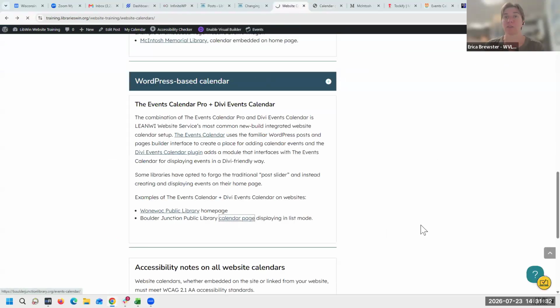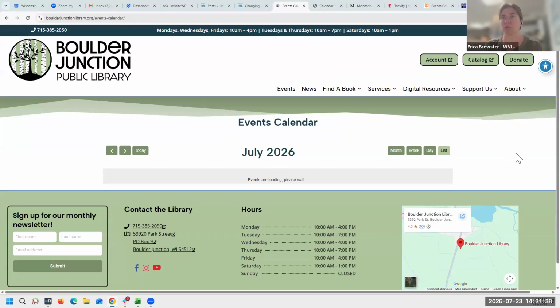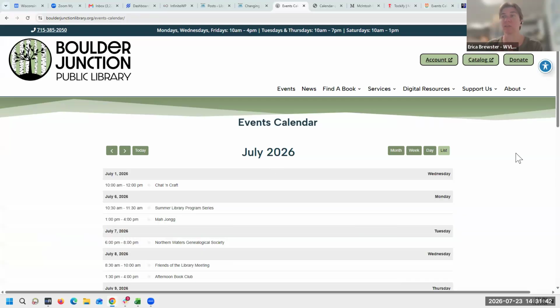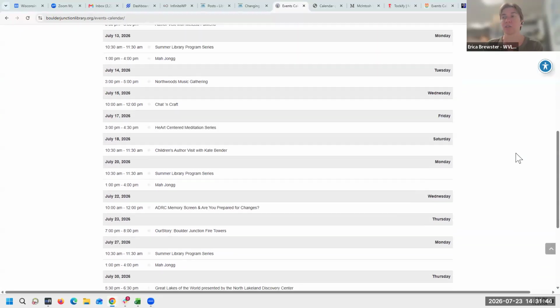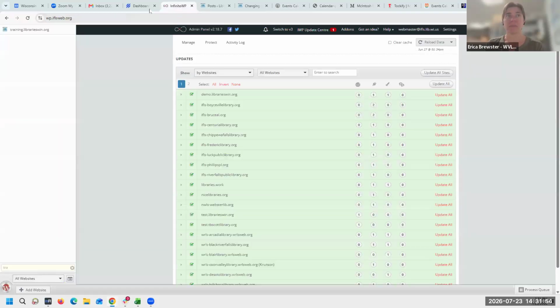Another quick example of this would be the Boulder Junction. This is becoming more common across websites, especially our newer websites have been moving to this. Again, you have your series of events on your list calendar here. I'm going to take you into the back end of, I think I'll do Boulder Junction, so you can see what it looks like